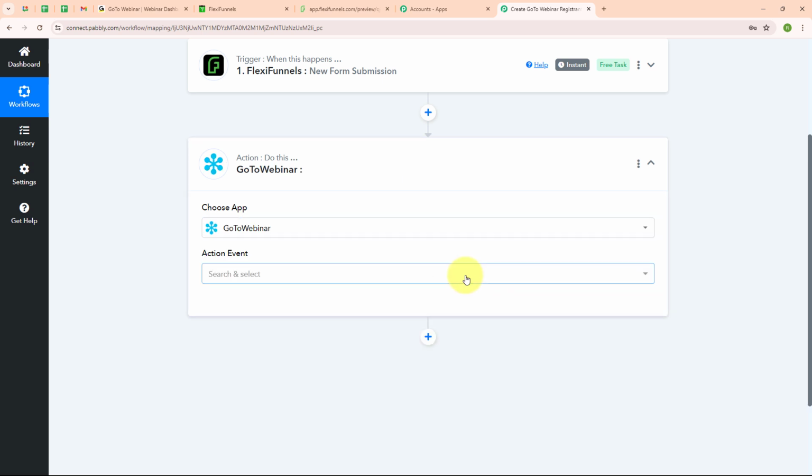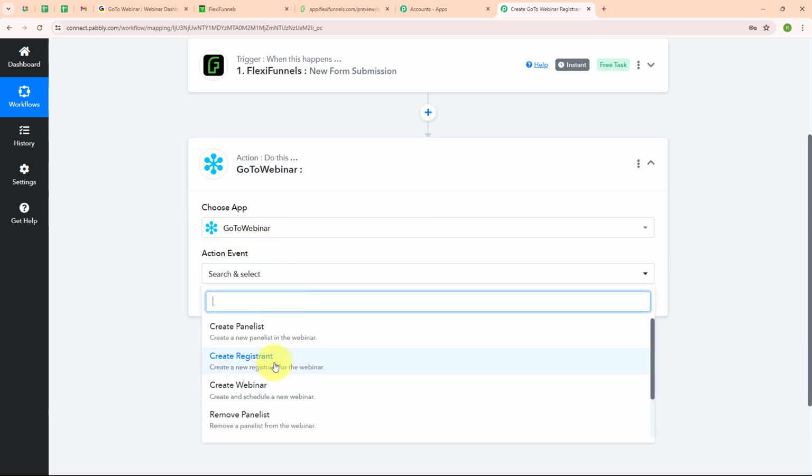GoTo Webinar is a platform that lets people host online webinars, and it's easy to use and allows businesses and individuals to hold live or recorded webinars for large audiences. People use GoTo Webinar because it helps them reach many viewers, engage with their audience through interactive features, and manage their webinars smoothly. So here in my action step, I'm going to select my action event as create a registrant,